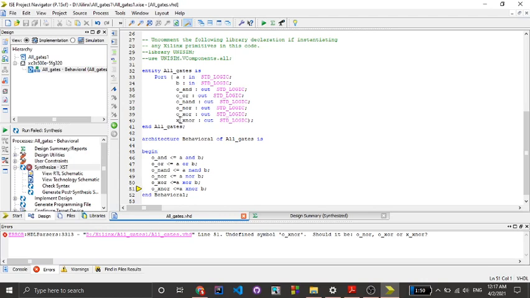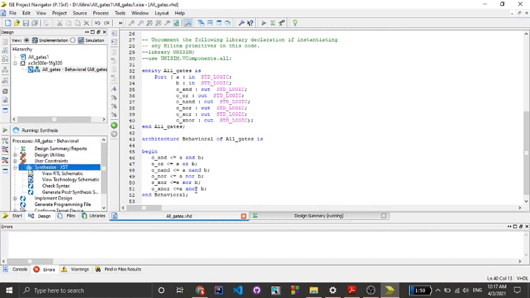So actually I have just written this as X, so I'm going to change it as O. So again click on the save button, then double click on the synthesize XST. But now double click on the check syntax.